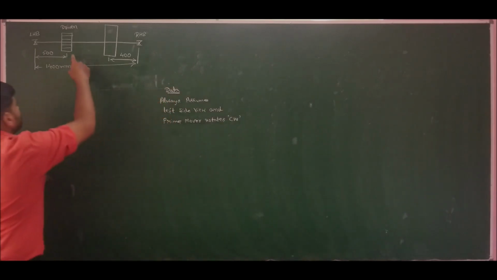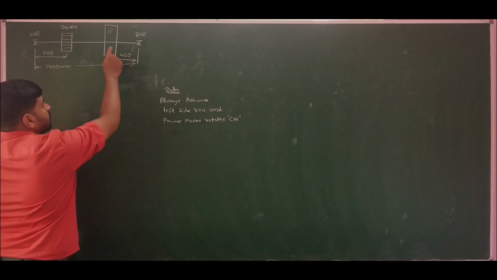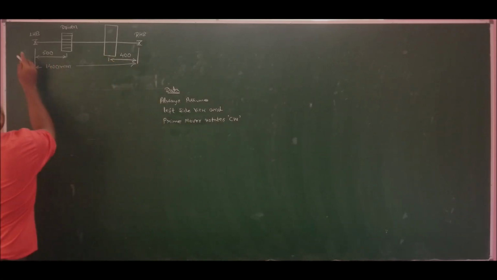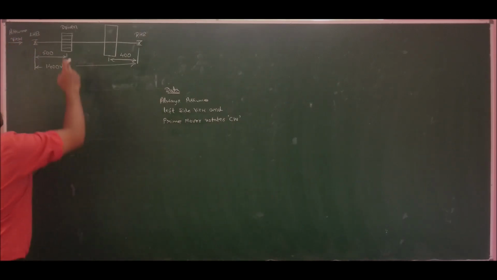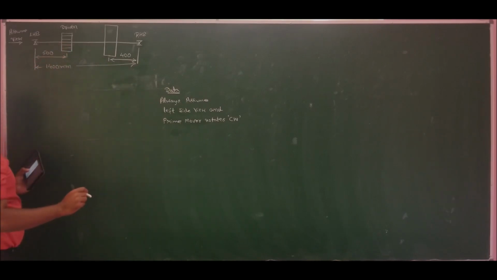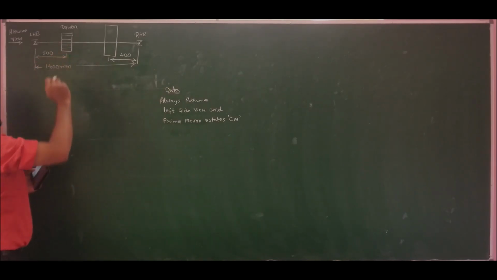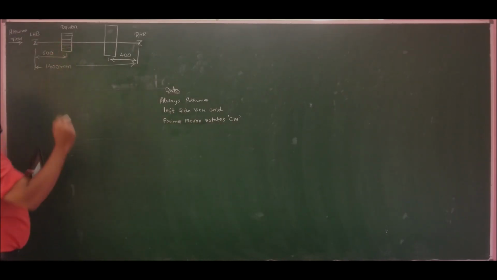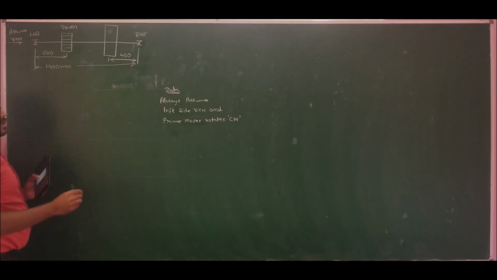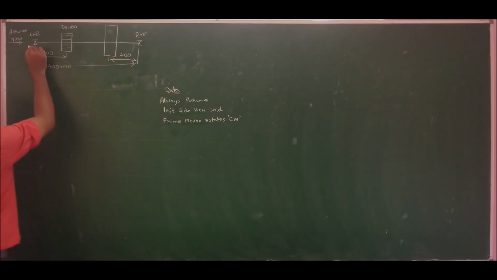So here the shaft is receiving the power from the gear and it is delivering it out with the help of a pulley. So therefore, from the left side view, if I view it, since he has not given, always we will assume left side view. Since it is receiving the power with the help of a gear, this will become the driven. So the pinion is the prime mover, the pinion rotates clockwise, so therefore this driven should rotate in counterclockwise. So the shaft should rotate in the counterclockwise direction because this is not the prime mover.